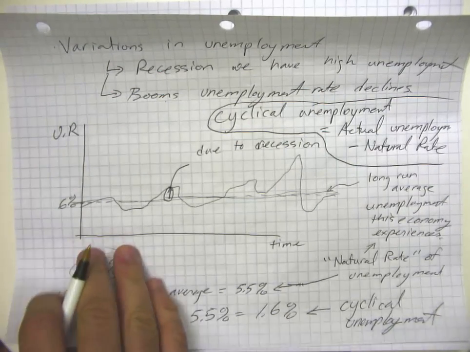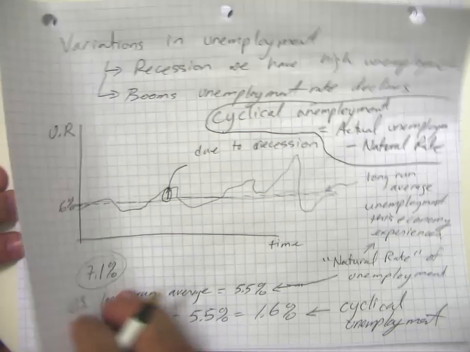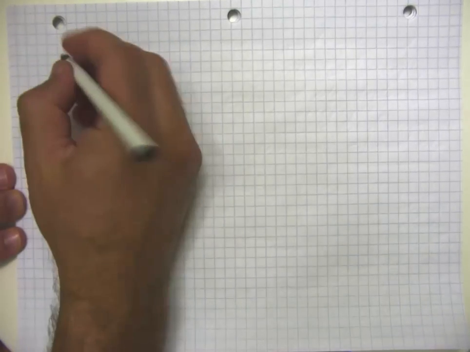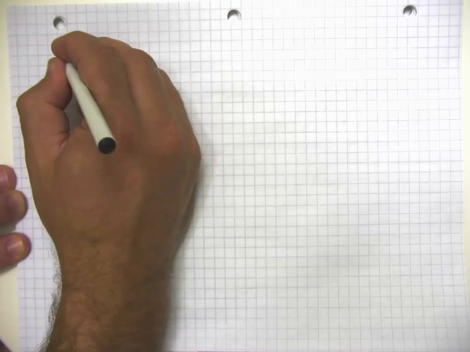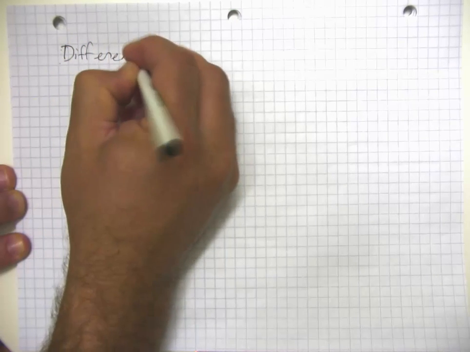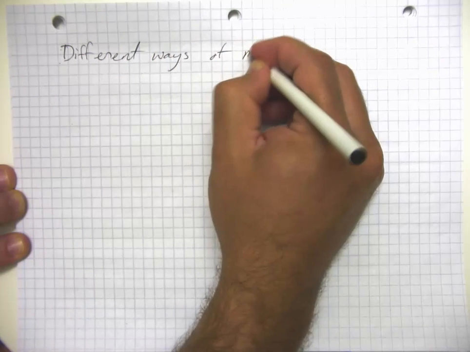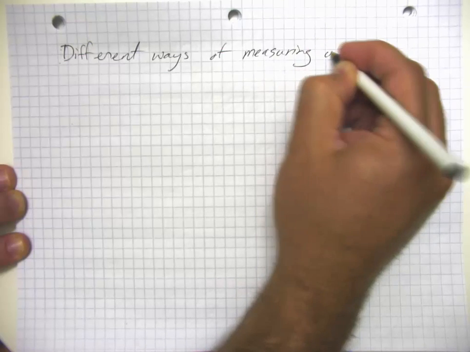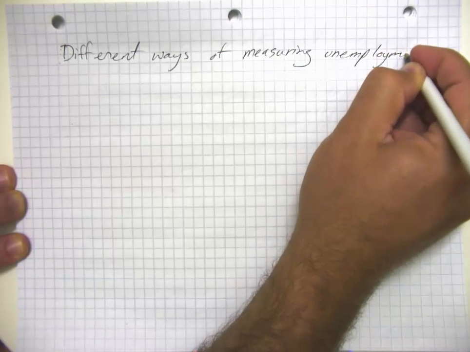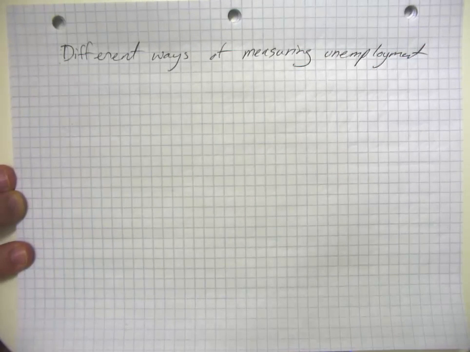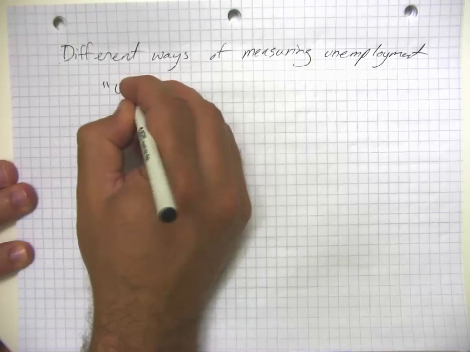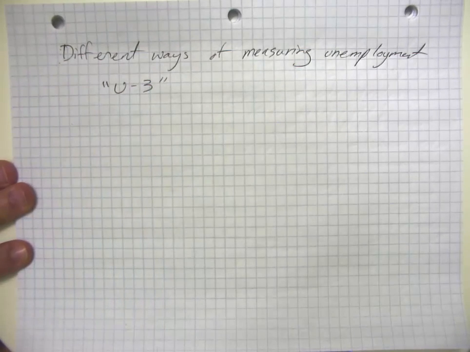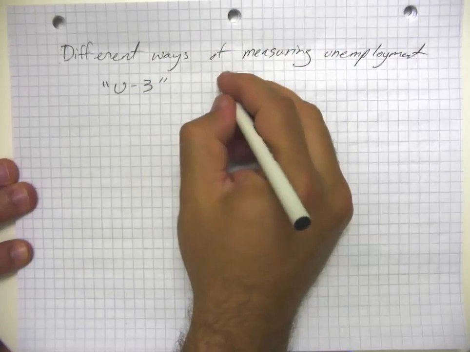So that's one of the key ways we think about the variations in unemployment. We sometimes are going to go ahead and break things down a little bit further, but before we do that, let me go ahead and think about different ways of measuring unemployment. So in the last video segment, I gave a sort of quick and dirty definition of the unemployment rate. And the version I gave was what we call U3, because there are a couple of different ways of measuring the unemployment rate. And I'm not going to go into them in huge depth right now, but